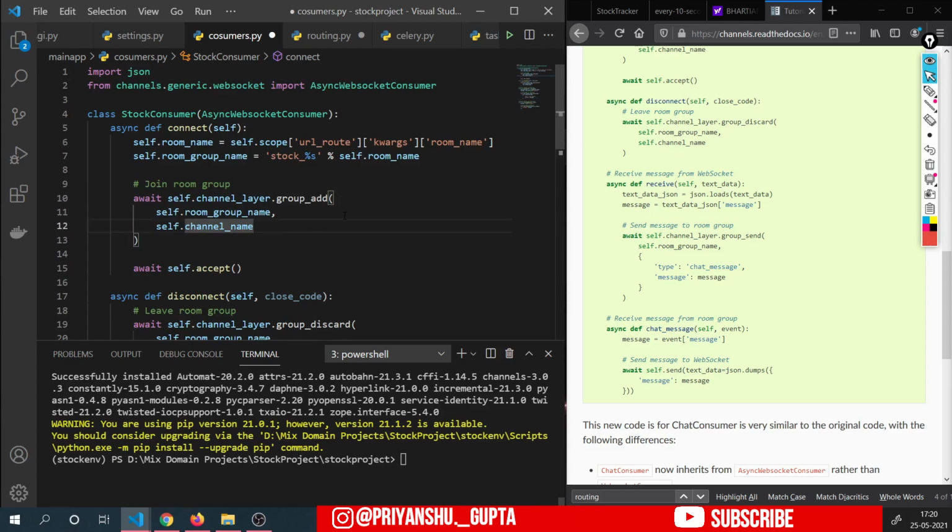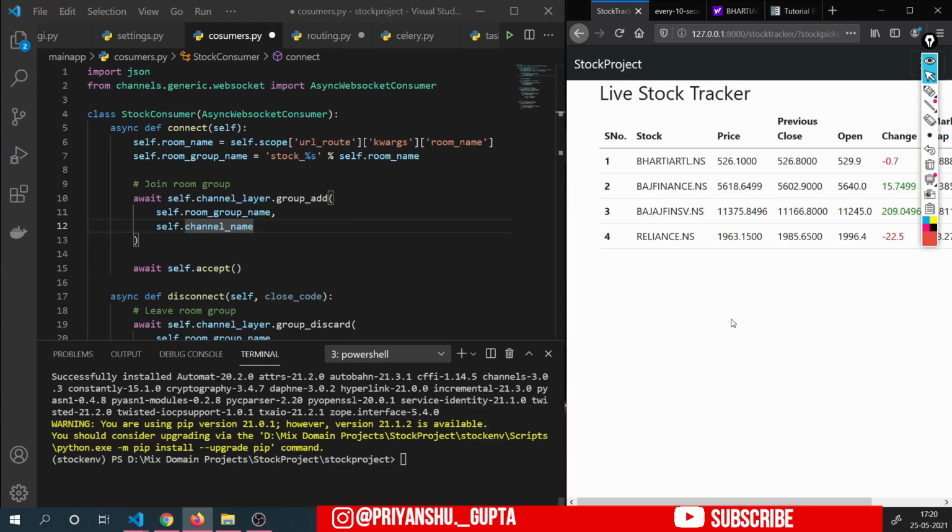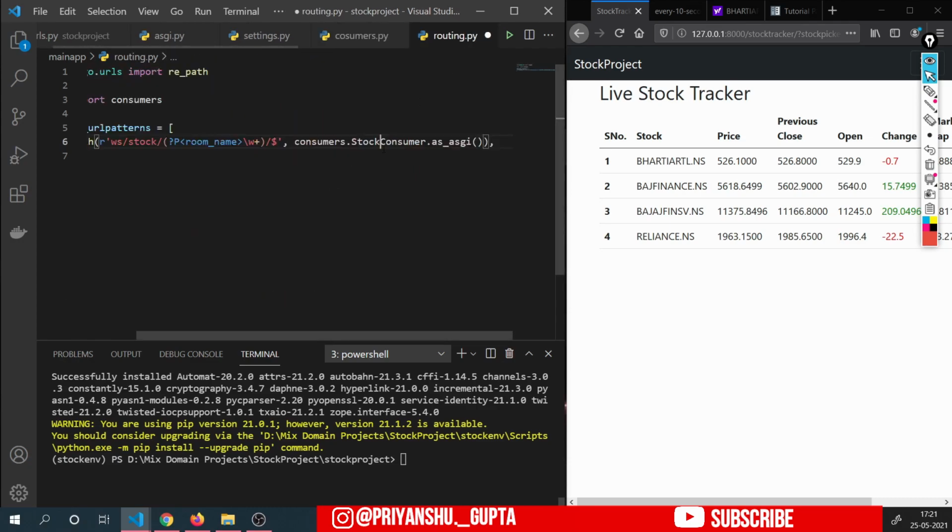And what we want here is that as soon as someone makes a WebSocket connection on our website, like as soon as someone goes on this page, then one WebSocket connection will be established between user and server. Until that WebSocket connection persists and does not break, till that time we will add those stocks in the Celery worker task, and till that time Celery will call the third-party APIs to retrieve the data for those stocks. And before we actually write the code here in connect, let's first make a WebSocket connection between user and server. Okay,